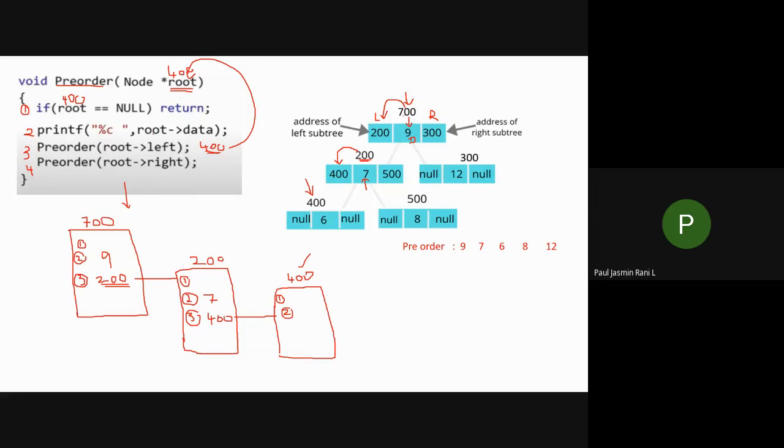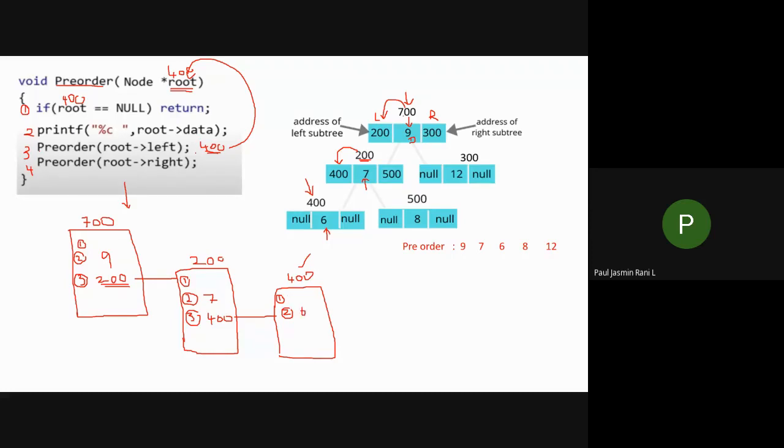I am going to print this one, root of data. What is the value which is present in root of data? Is anyone? What is the root value? Root value is 400. What is root of data? 6, ma'am. Yes, good, ma'am. So root of data is 6. So 6 gets printed over here. Now I'm going to print the 6 here.